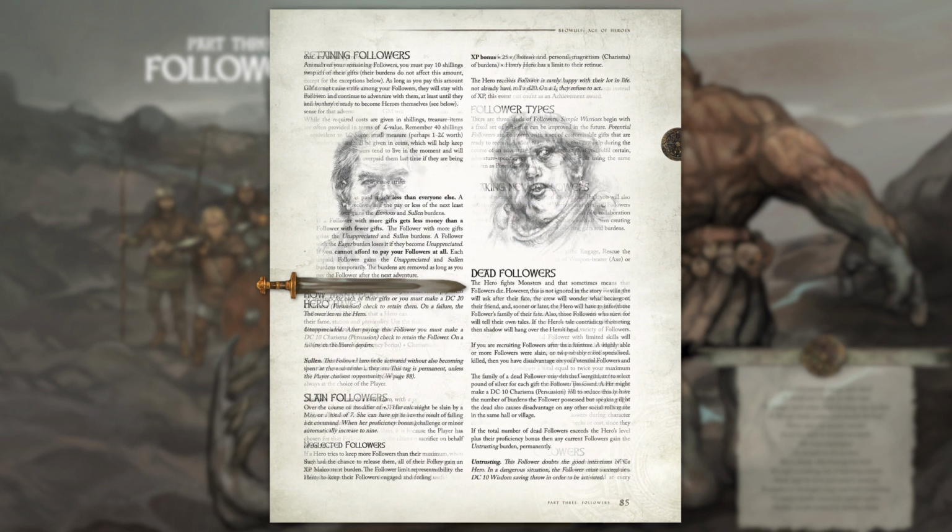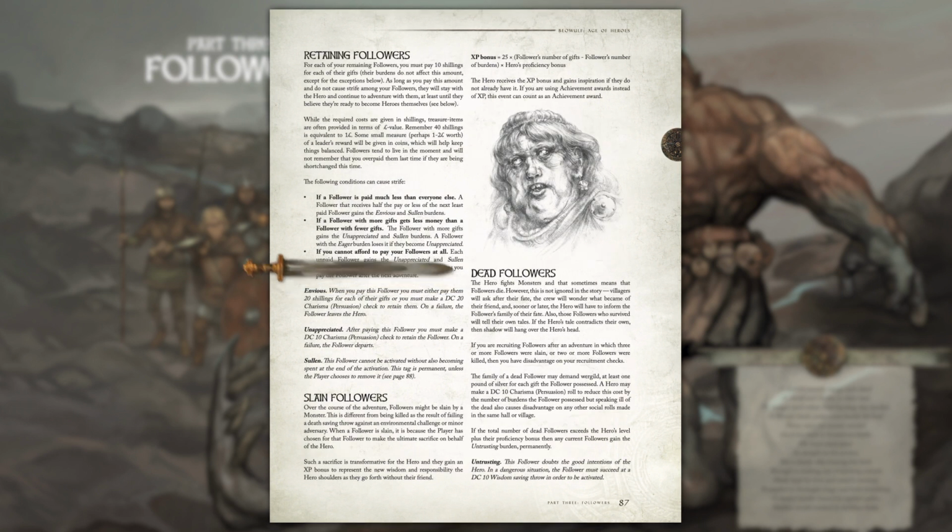A hero is not just a ring winner, but also a ring giver. At the end of every adventure, the hero must reward their followers with treasure. The amount to pay followers generally depends upon the number of gifts they have. This is not always as straightforward as it might seem though. Some followers might have burdens that require them to be paid more than others, and paying a follower with less gifts more than a follower with more gifts will cause the follower with more gifts to gain a burden. Or, if a hero is unwilling or unable to pay their followers after an adventure, then all the followers will